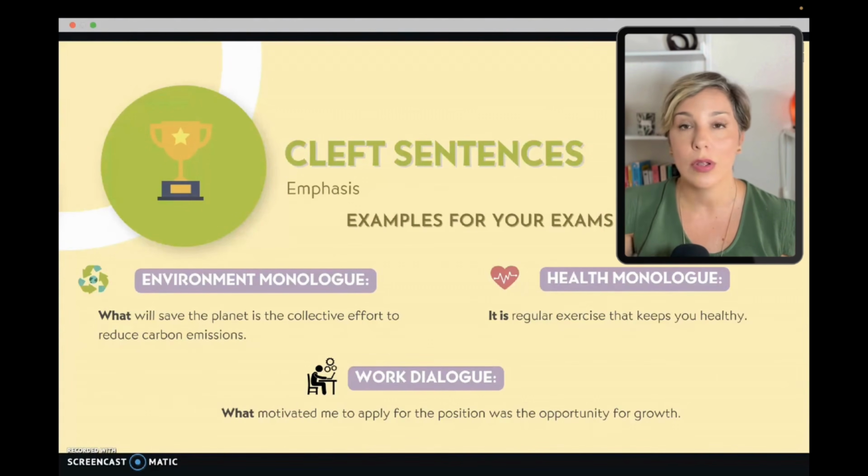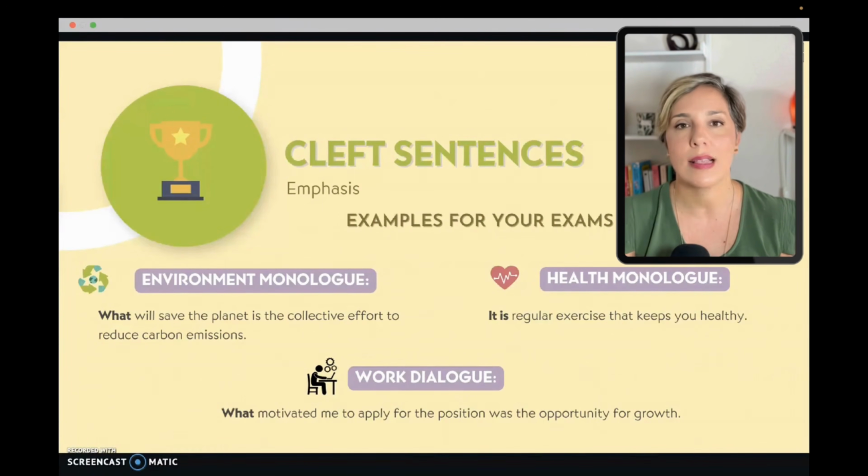So it's not waking up early, it's not having a balanced diet, it's not having regular checkups with your doctor, it's actually regular exercise. So again, the emphasis is on that element. And finally, if you're having a dialogue regarding work, for example, and you have to speak to your workmate,